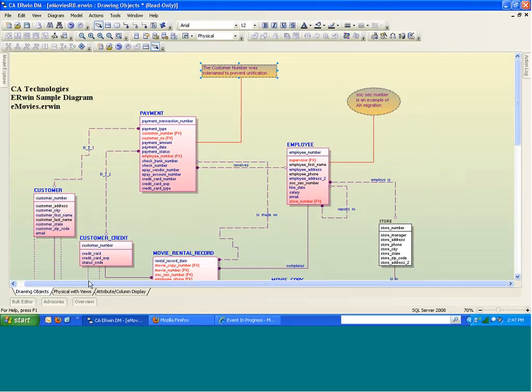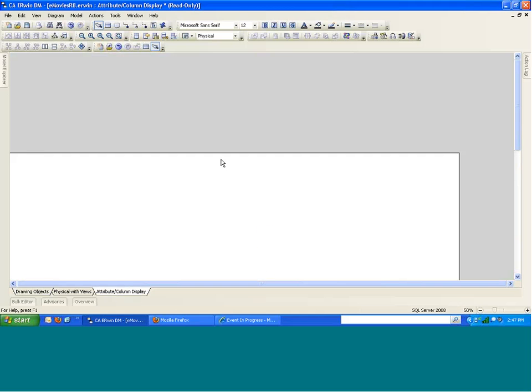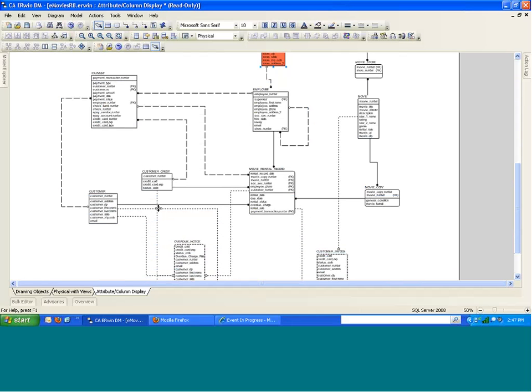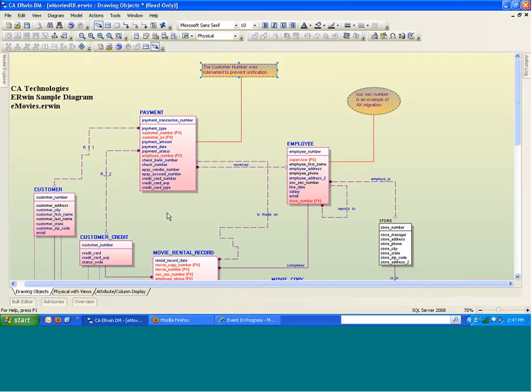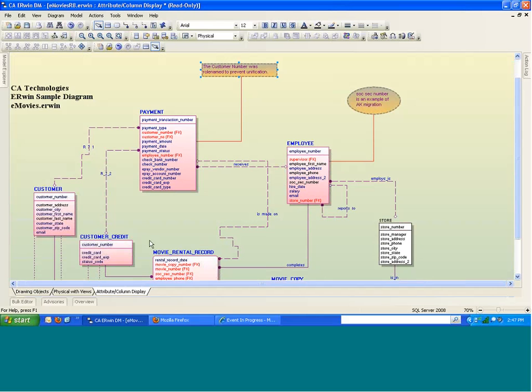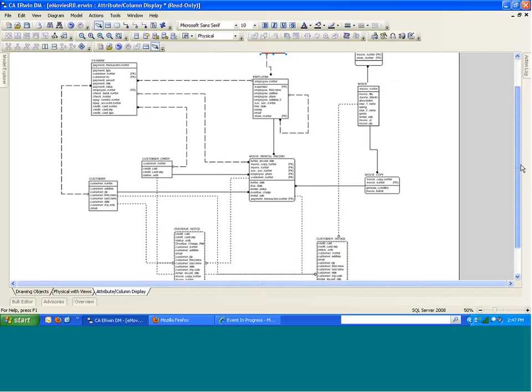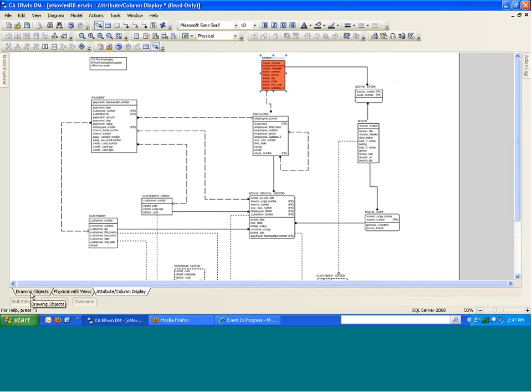Another nice feature, let me go to another display here. What we're seeing here is themes. This wasn't supported before. You were probably familiar with the fact that if you colored a certain object, an entity, in one display in one subject area, it looked the same everywhere. Now you can have themes, and I'll show you how to create themes in just a moment. This allows you to have completely different views of the same data. Now, what I wanted to point out here, if we zoom in a little bit, and once again, the WebEx tool is in the way,